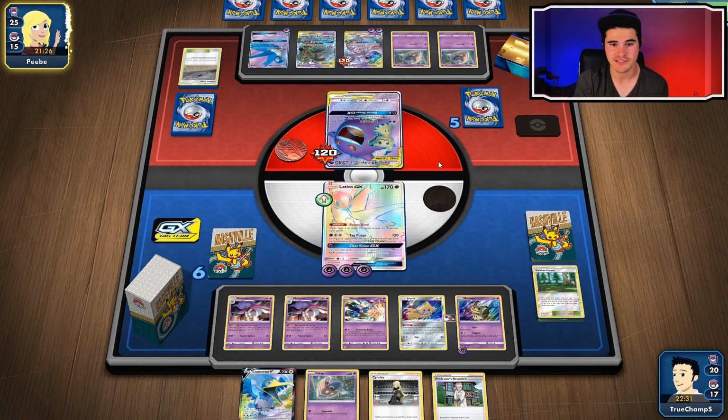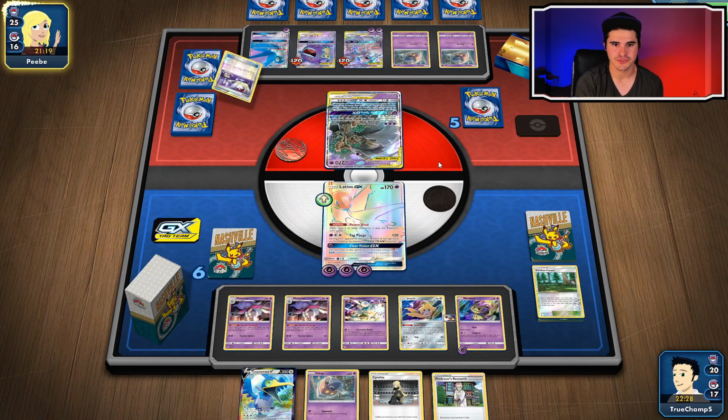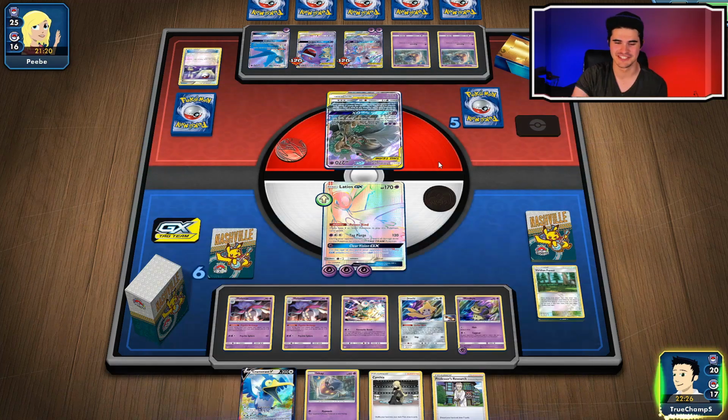So if my opponent doesn't heal this Gengar or get it out of the active right now, he will probably lose. So there's a switch. That's good to see. Is he going to use... He's just going to give me all the...